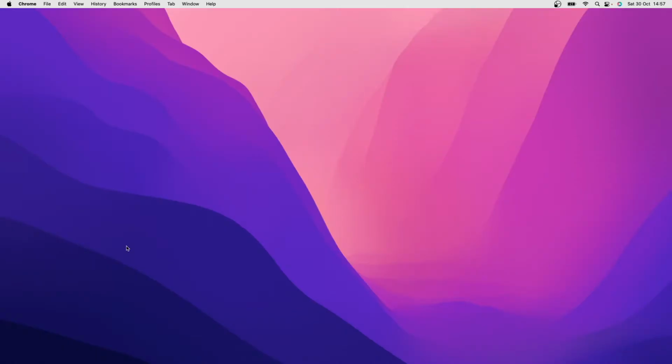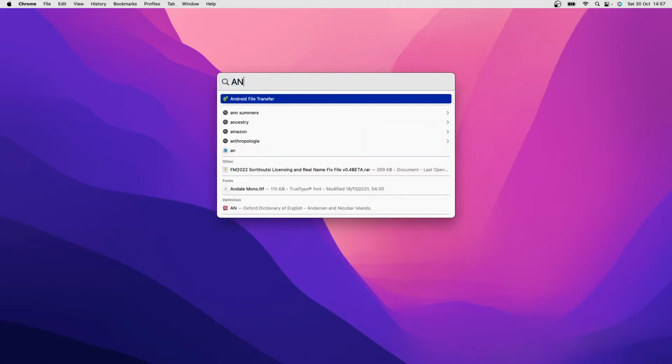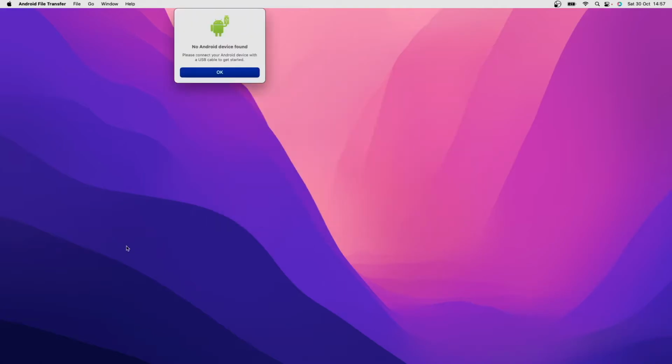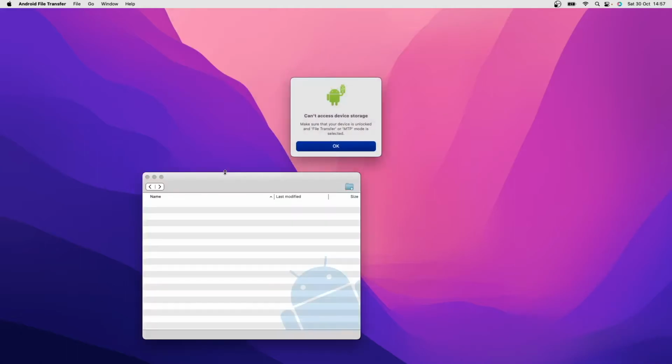Once you have that downloaded on your Mac, what you will need is the USB cable that comes with your mobile phone in order to connect. Then you can open Android File Transfer. As you can see, it says that there's no Android device found, so what you need to do now is simply plug in your mobile and then unlock it in order for it